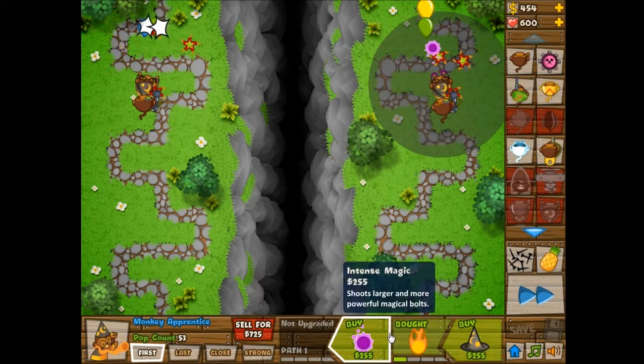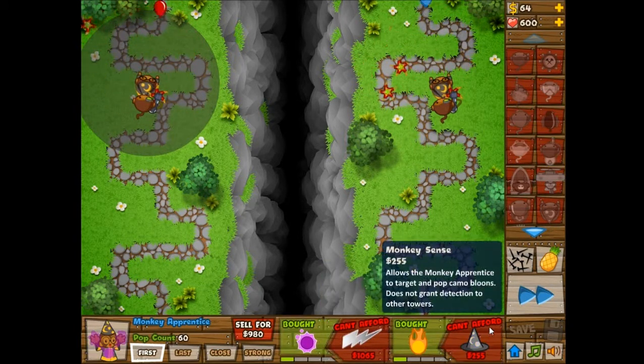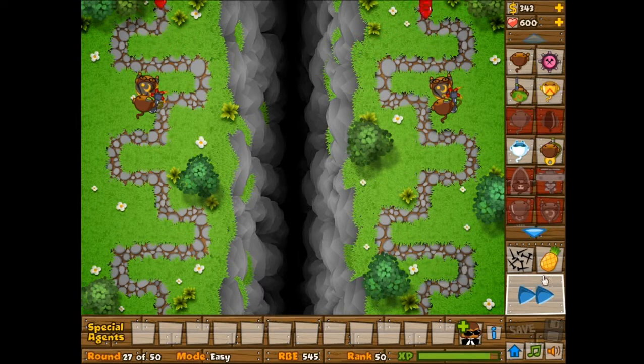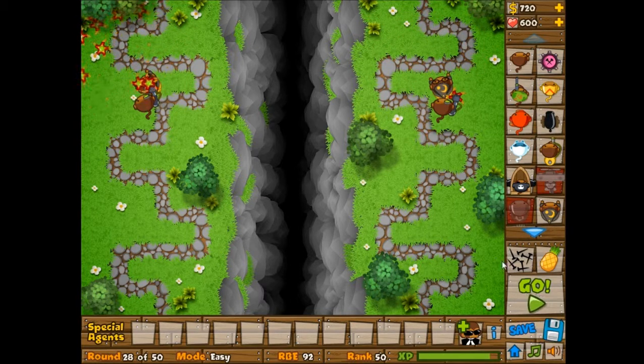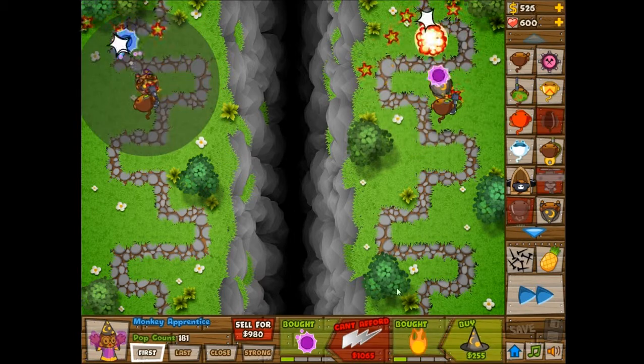Alright, next I'm going to give them intense magic instead of the monkey sense, because I really don't need any big camo detection yet. Let's see. I don't usually use wizards very often, or I call them wizards because monkey apprentice sounds weird, and also totally